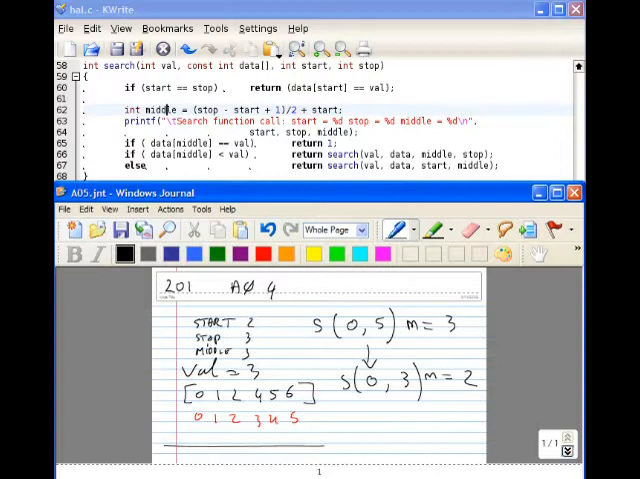Is data index middle equal to val? Well, let me see. Data index 2 is equal to 2. Is it equal to val, 3? No. Is it strictly less than val? Yes. So I'm executing the recursive call on line 66, which means I call with val, data, and change middle